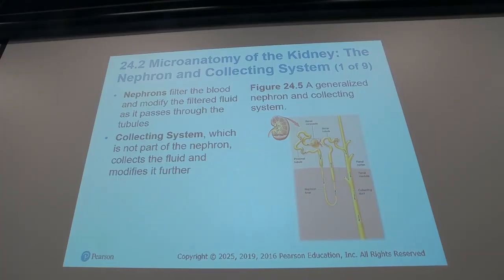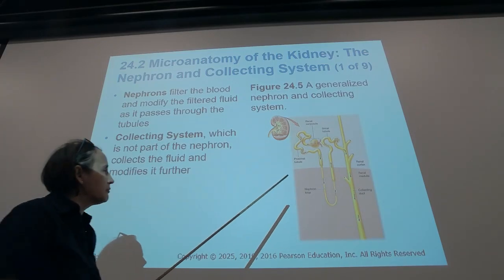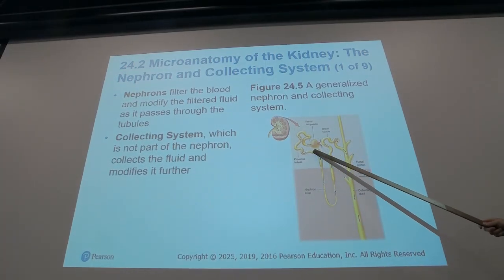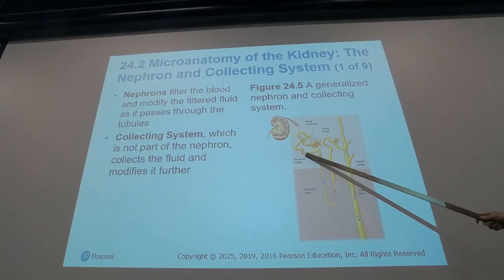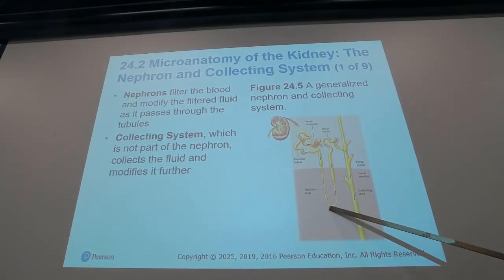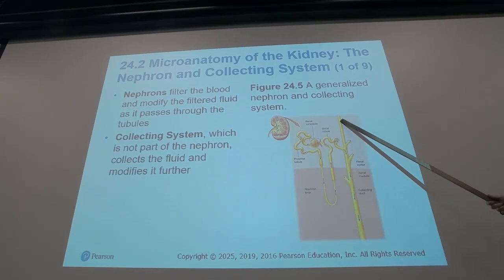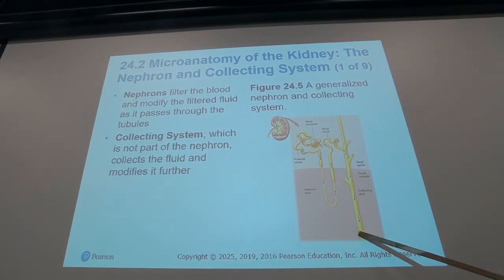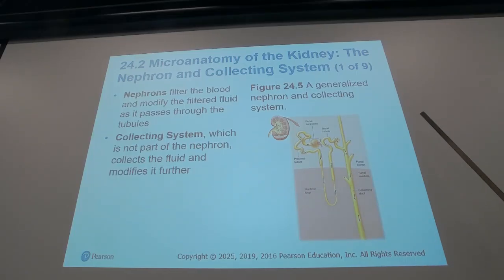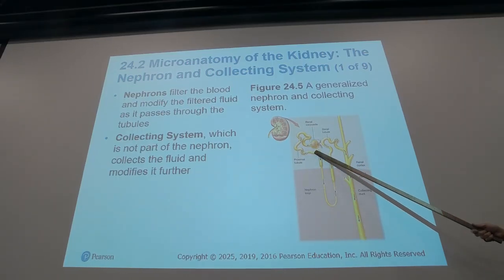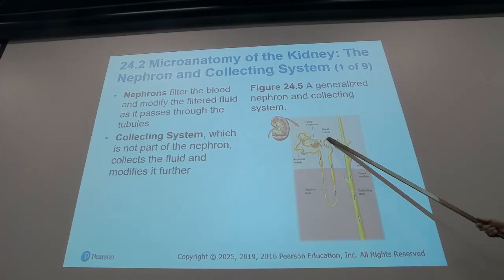So again, we have two major parts of the nephron, which will be the corpuscle. I mean, some people say corpuscle, but it's corpuscle. And then this is the tubules, the renal tubules. And the renal tubules drain into the collecting duct. So fluids that are filtrated in here in the corpuscle will go through this series of tubules, and then you will